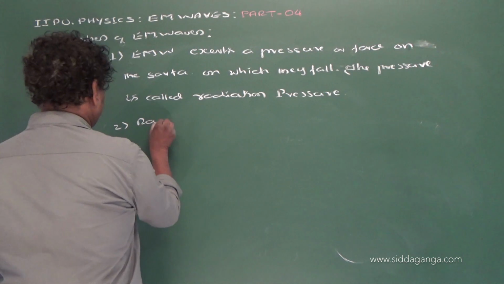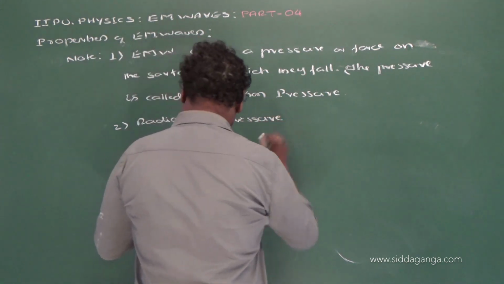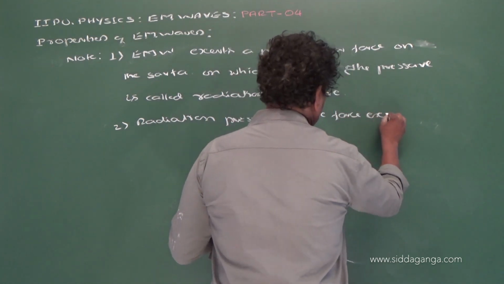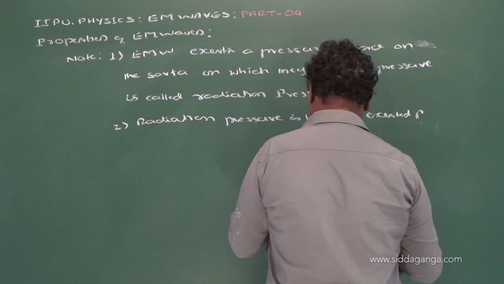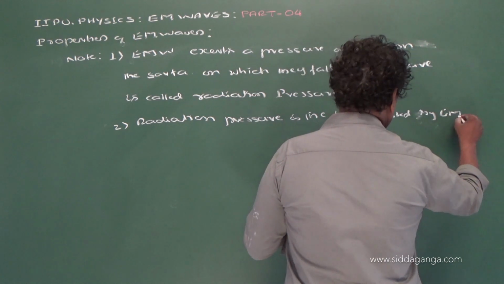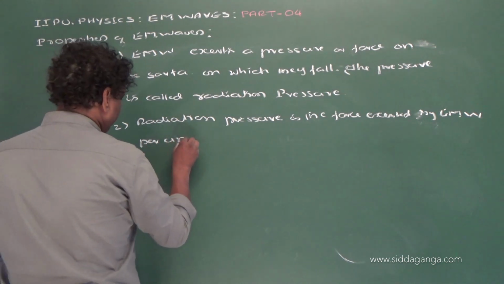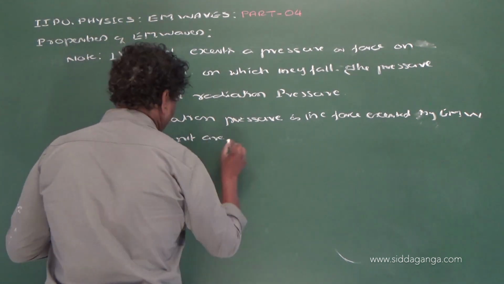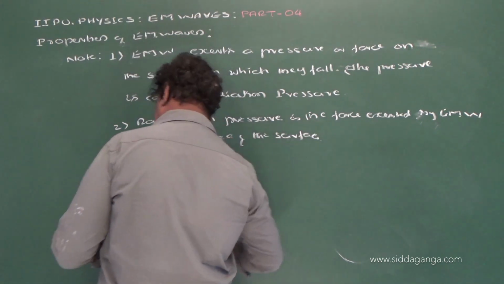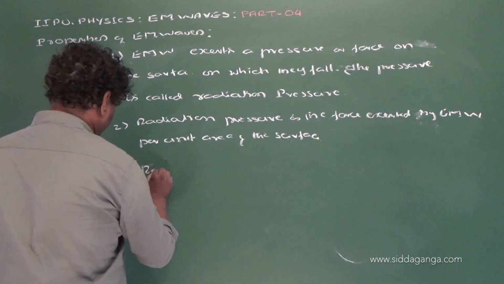Now the second point, radiation pressure, is the force exerted by an electromagnetic wave per unit area of the surface, right? Now that radiation pressure